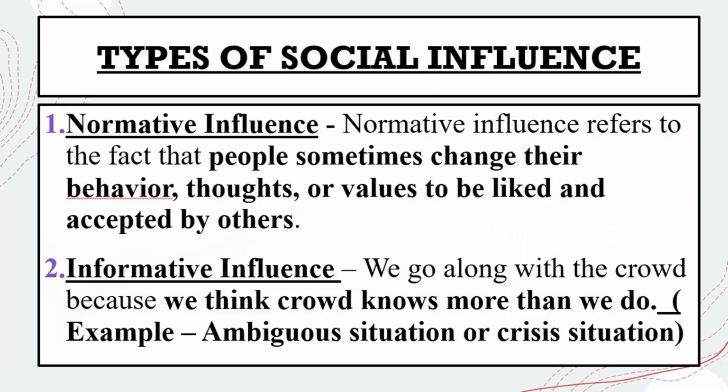And sometimes our attire, what we wear, how we look, that is also influenced by some of the actors, some of the celebrities. They are not actually present, but we imagine their presence. This also is an example of social influence. Now coming into social influence, we can divide social influence into two. One is normative influence and second is informative influence.